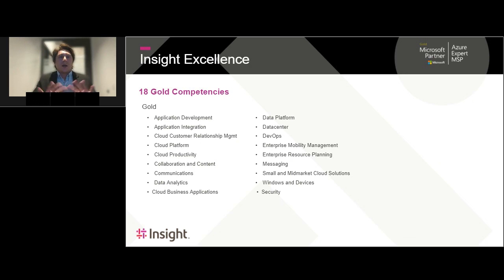Now, I did want to highlight these. These are competencies. You might be familiar with them when it comes to the Microsoft Partner Network. So Insight was able to achieve all of the gold certifications when it came to these. So you can kind of see how they're broken up. It's applications, it's cloud, it's the actual data platform and infrastructure. So it's really important to see how Insight is positioned again when it comes to the different services